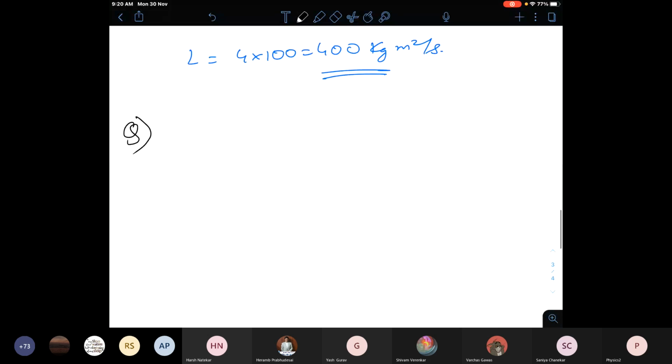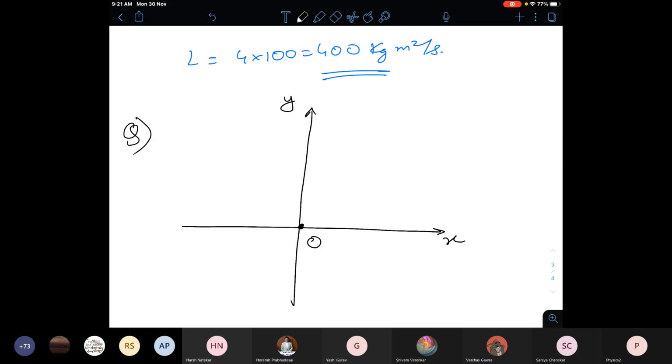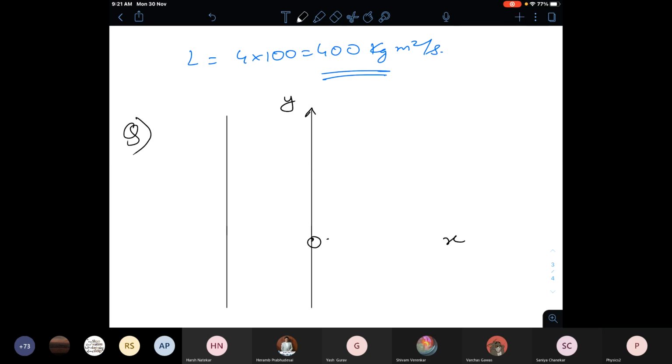Just for satisfaction, I am going to give you another question. Try to solve this. Very easy. Again, it is very easy. The observer is at O, and now your particle is going like this, in a vertical line. And your particle is at